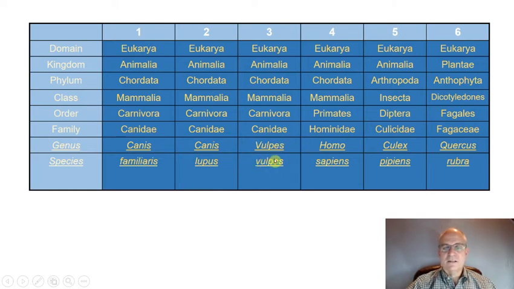This animal right here, Vulpes vulpes, is the red fox. So it's in the dog family, so it's similar to these, but because it's in a different genus, it's more different than these 2. And then this animal right here, Homo sapiens, if you're not already aware of that, is the scientific name for humans. Okay, so